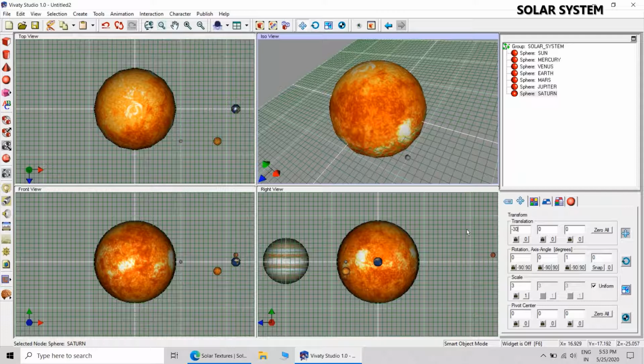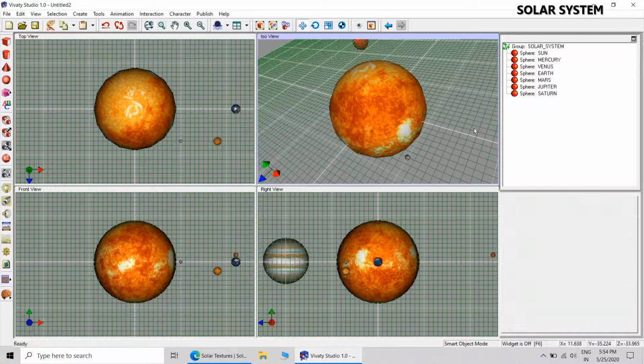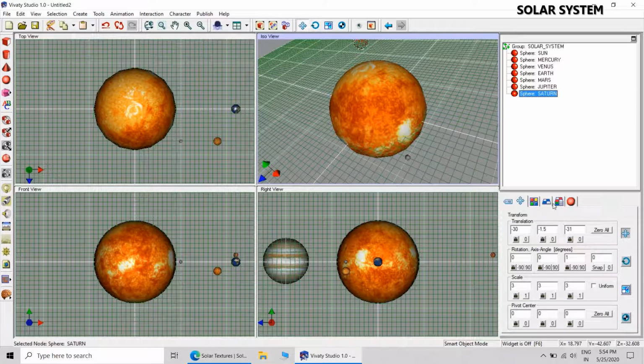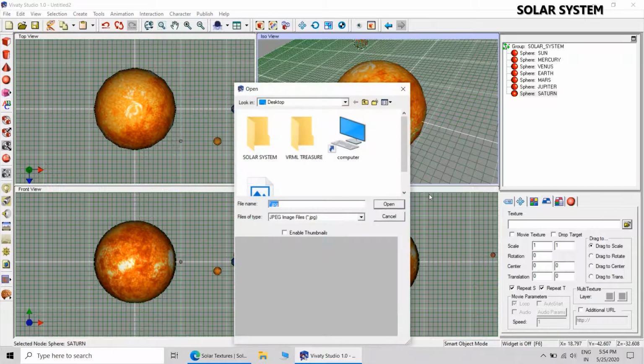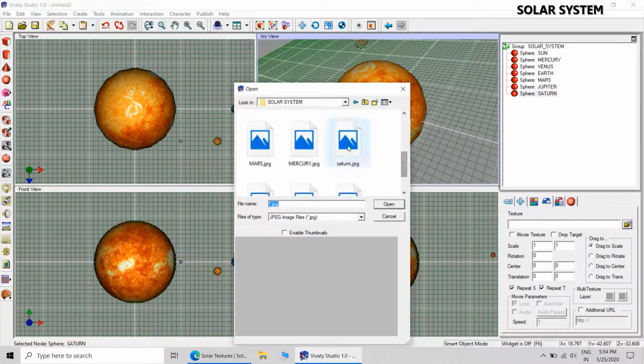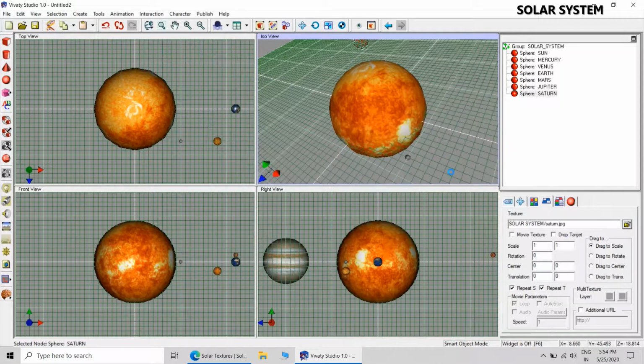That is not the big thing. Or the best way is that you can import the model of the Saturn and place it at the appropriate position. That will also work, and apply the texture of Saturn. Yes, it has been applied now.